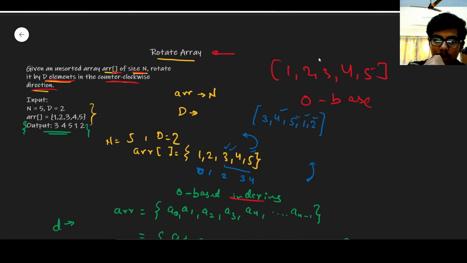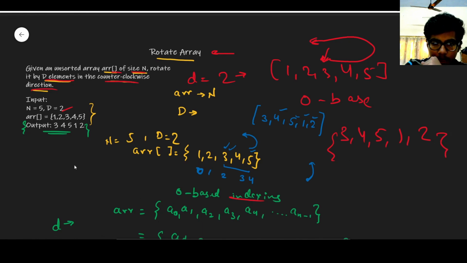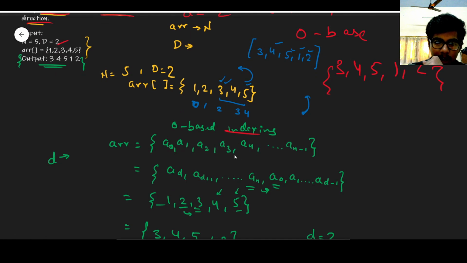So we had d equal to 2 for this case. This is the term after which we have to rotate counterclockwise. So for counterclockwise, we will go like this. So after 3, 4, 5, 1 will come, then 2 will come, and this will become our answer, right? And what we see is that for the answer after d elements, it will become like this: a d plus 1 till a n, and then a0, a1 till a d minus 1.